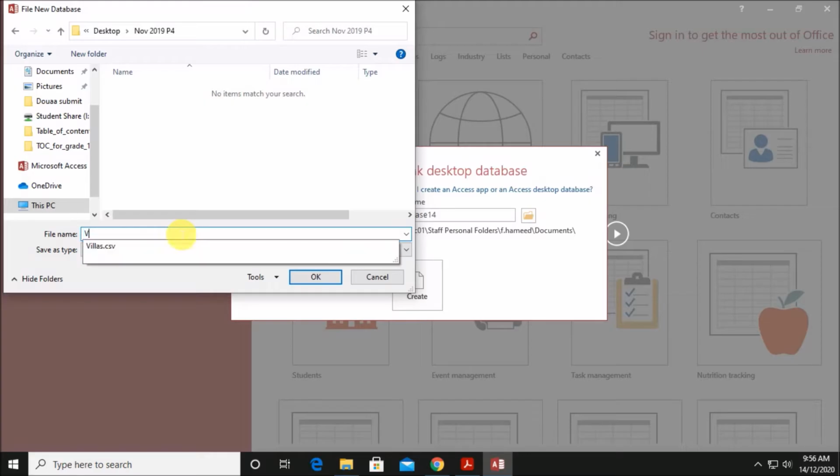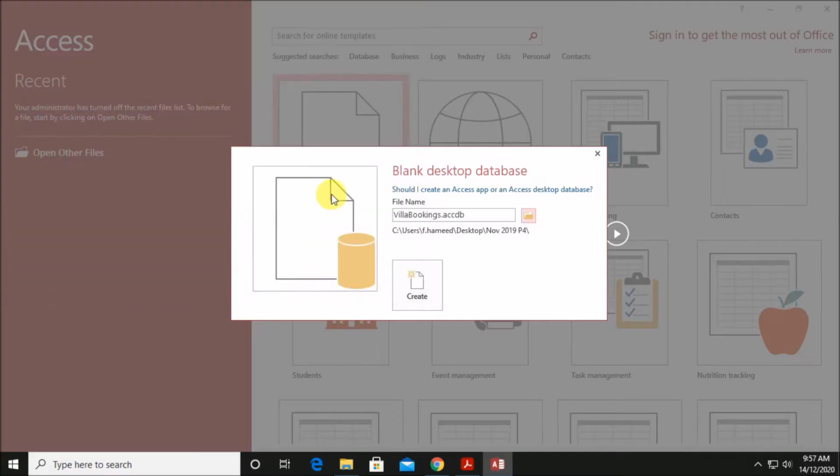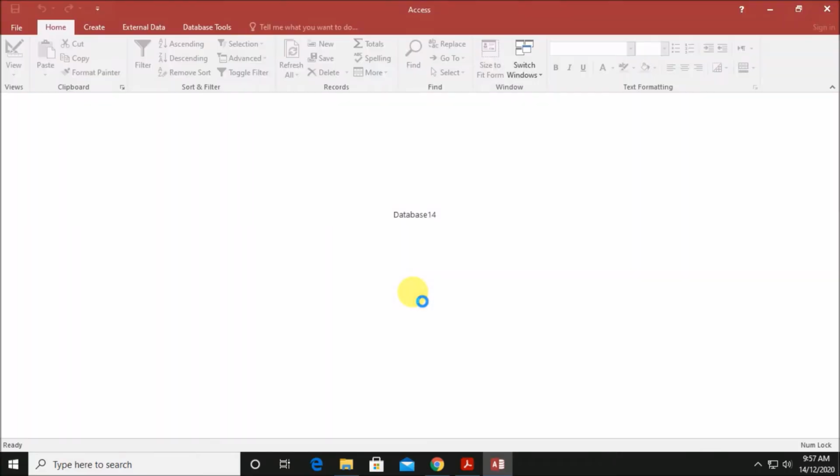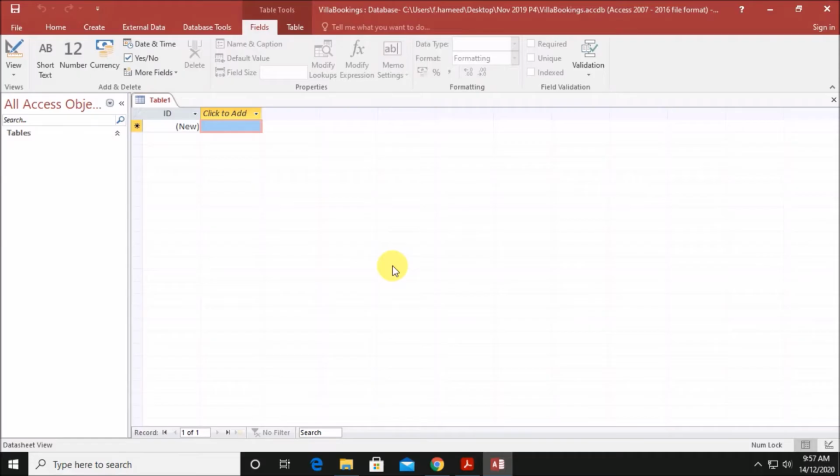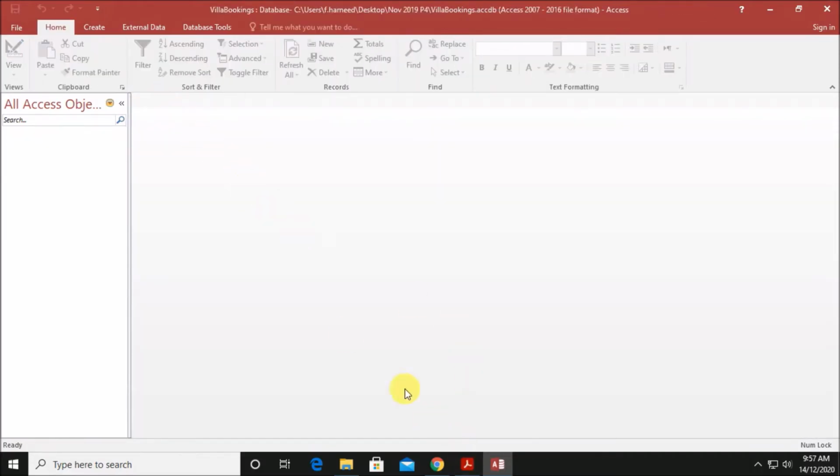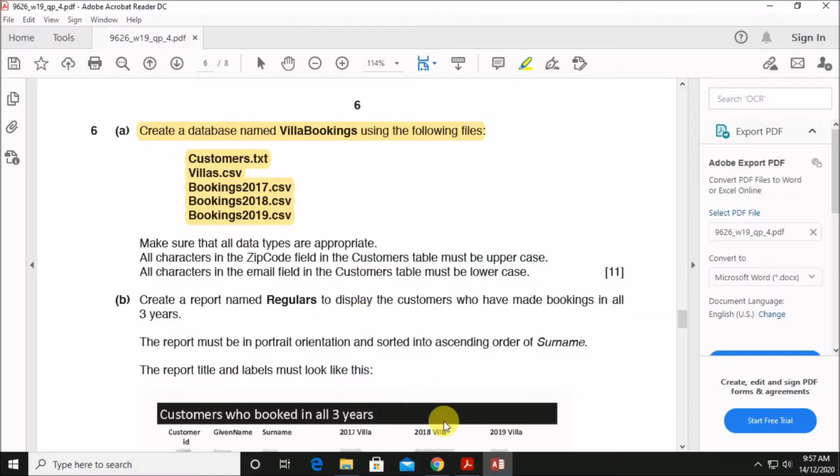The name should be Villa Bookings. Click on Create. So let us import these tables one by one: Customers.txt, Villas CSV, Bookings 2017, Bookings 2018, and Bookings 2019.